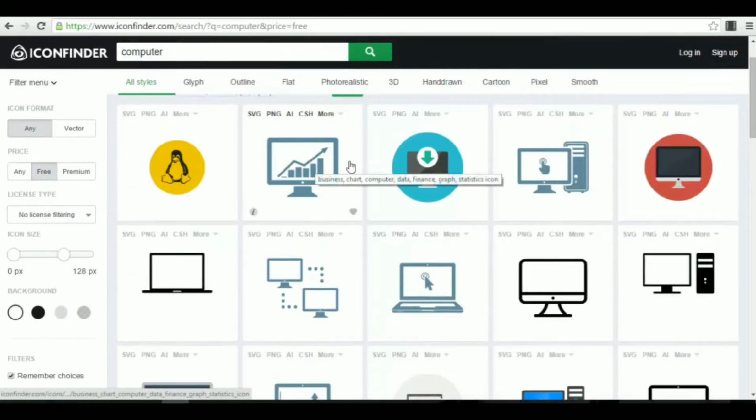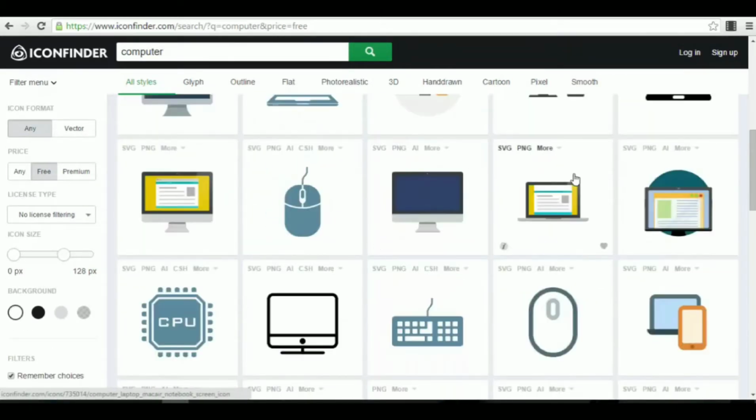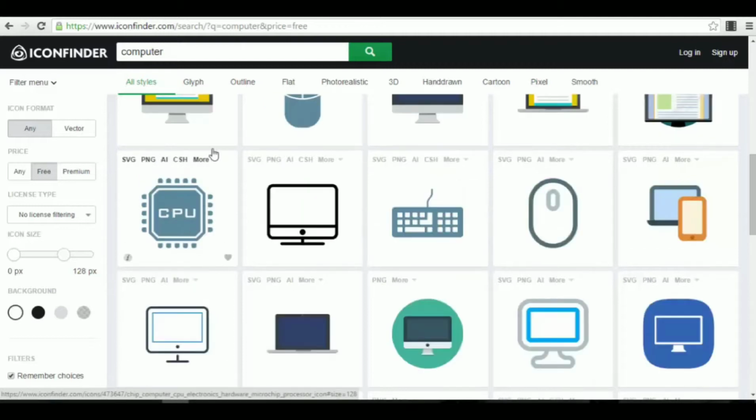You just click on the images, you download them, and then you can upload them in your Snapio account and use them there in your ads. So this is a very good place where you can find a lot of cool icons that you can use